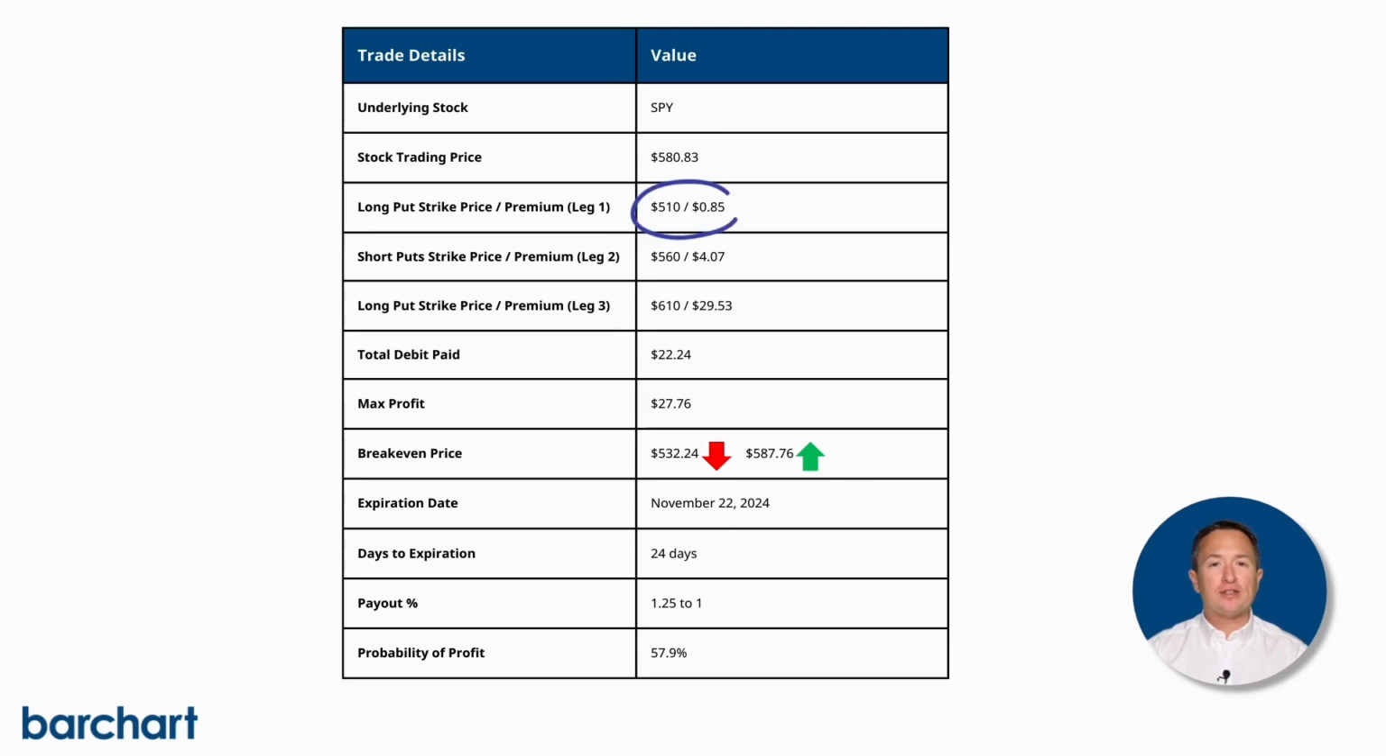You buy the $510 strike put for the lower long put, paying a premium of 85 cents per share. Then you sell two $560 strike puts, collecting $4.07 per share each. Finally, you buy the $610 strike put, paying $29.53 per share. This setup results in a total net debit of $22.24 per share, or $2,224 per contract. Your maximum profit on the trade is